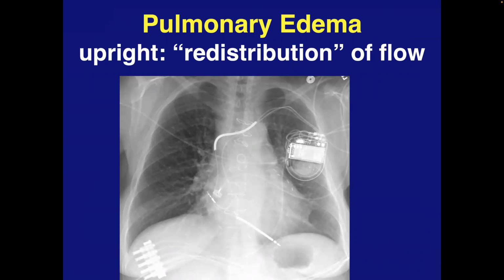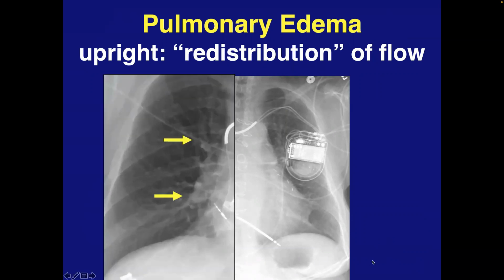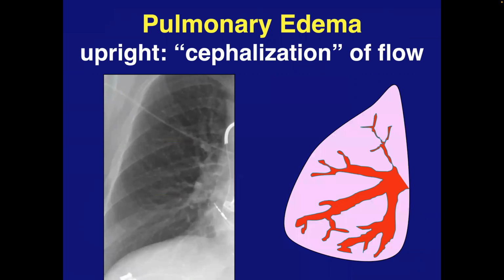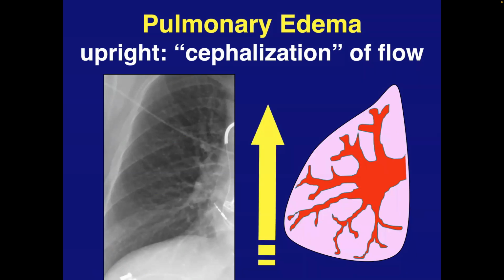Because this is the pattern that we can see only on an upright film, it's also known as cephalization of flow. So why do we see this redistribution of pulmonary blood flow? Well, when there's early edema, a little bit of fluid leaks out of vessels in the most dependent portions of the lungs. With that little bit of fluid leaking out, there's a little bit of localized hypoxia. And the lungs respond to that local hypoxia by vasoconstriction, so that shunts blood to the antidependent portions of the